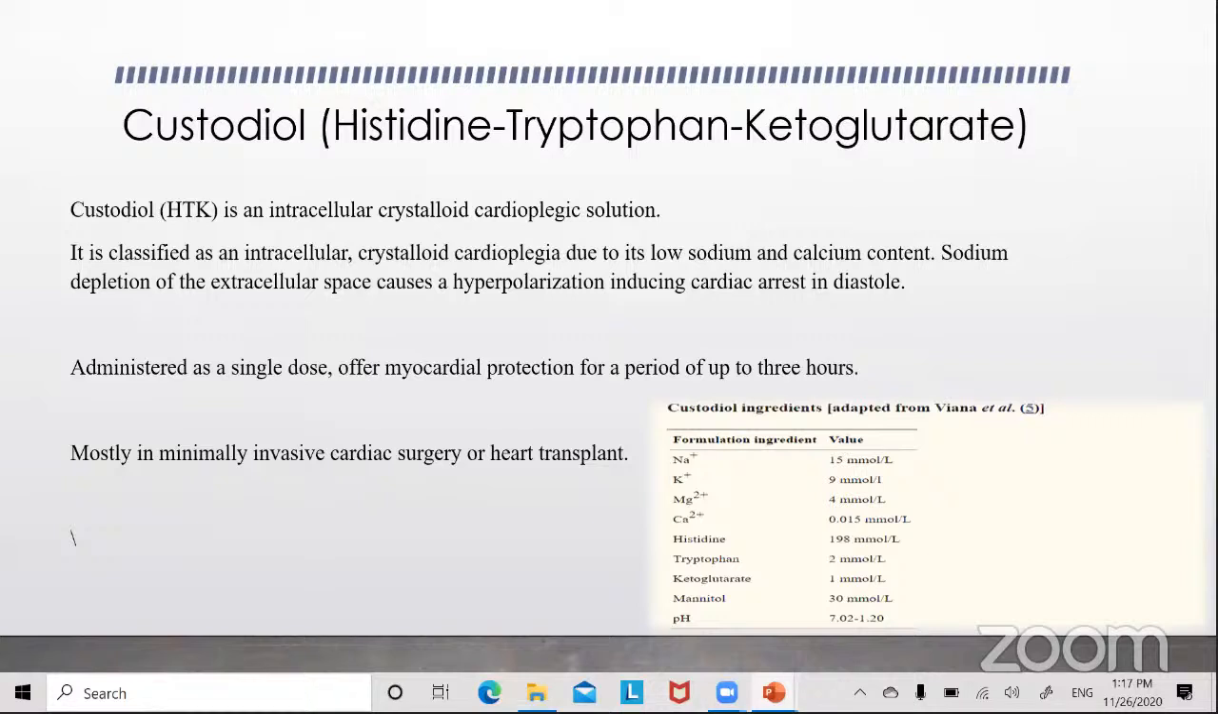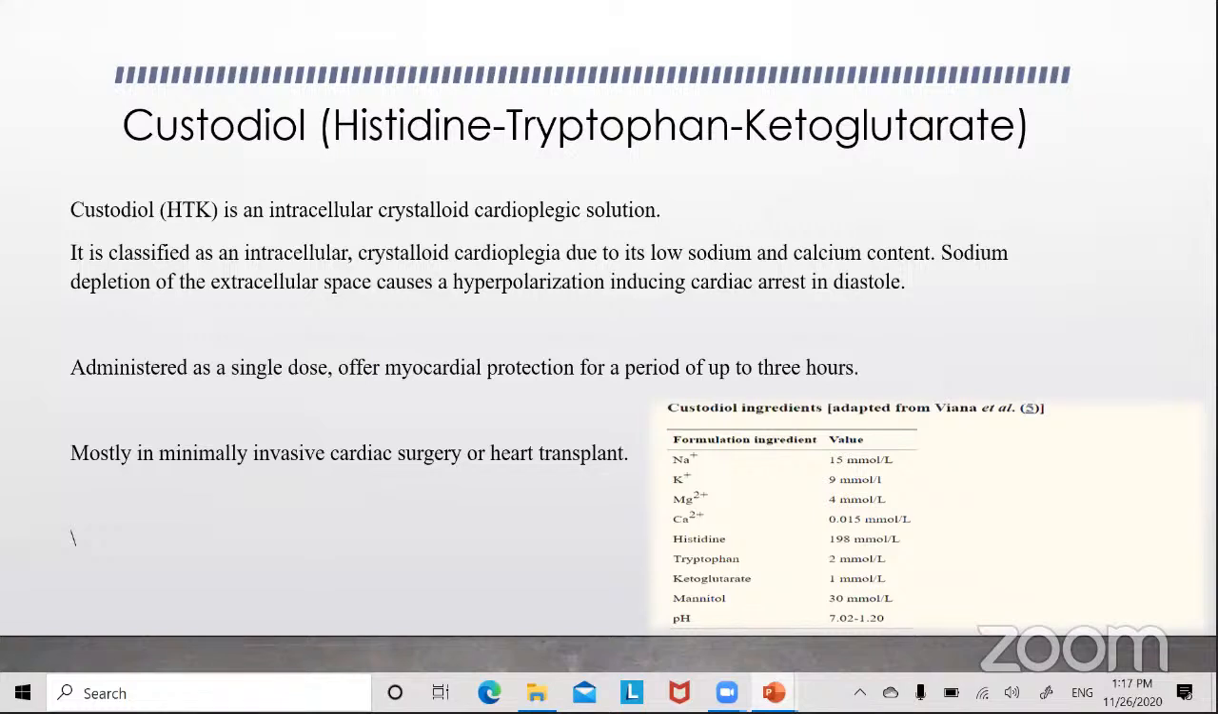Custodiol, which is a histidine, tryptophan, ketoglutarate solution. This is an intracellular crystalloid cardioplegic solution. It is classified as intracellular due to its low sodium and calcium content. Sodium depletion of the extracellular space causes a hyperpolarization of the myocyte plasma membrane, inducing cardiac arrest in diastole. This is a different mechanism of action from the conventional extracellular cardioplegic solutions, which are high in potassium content and cause